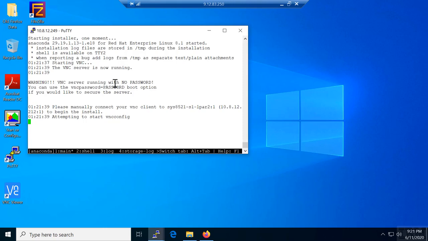Okay, it looks like it booted into Anaconda, which is the initialization method for most Linux distributions. So we've come here and it looks like the VNC server is now running, and it says you can connect to the VNC server at this IP address. Now here is where you can also enter the shell by doing Ctrl B and then 2 to get into